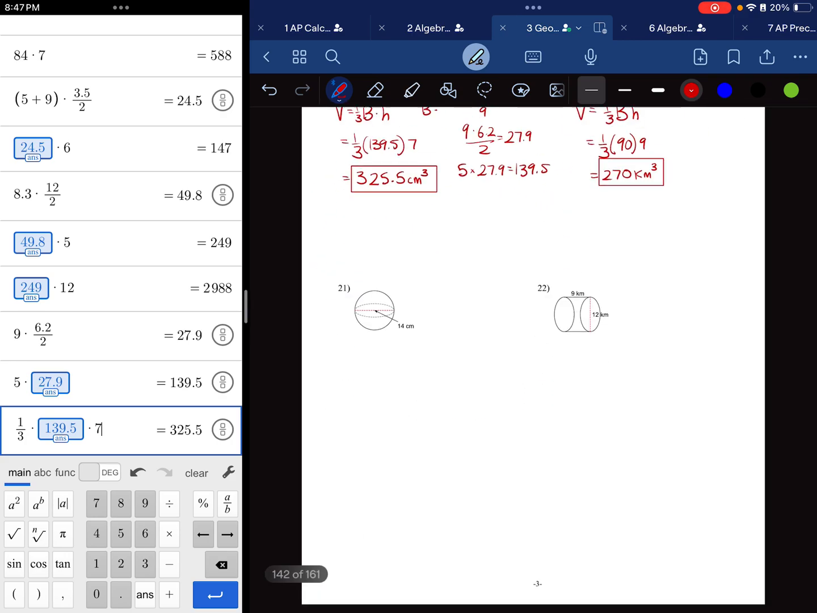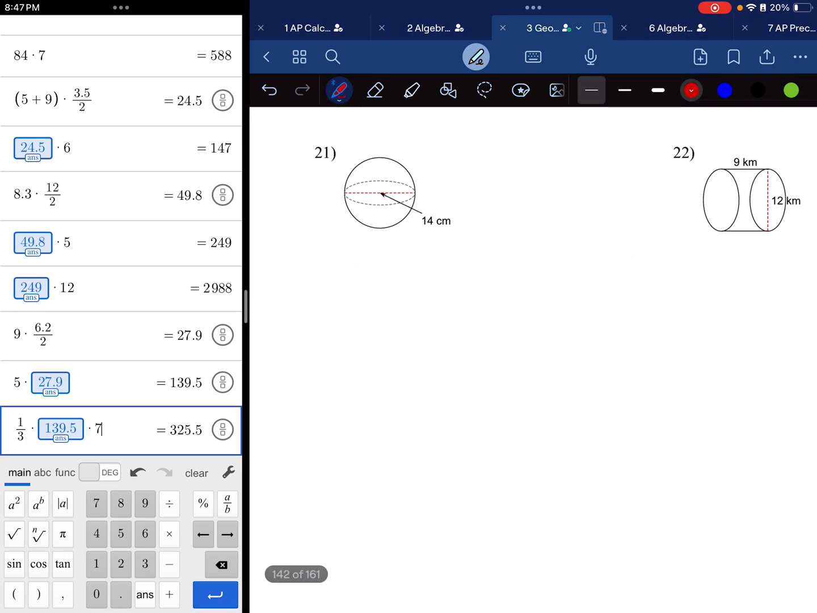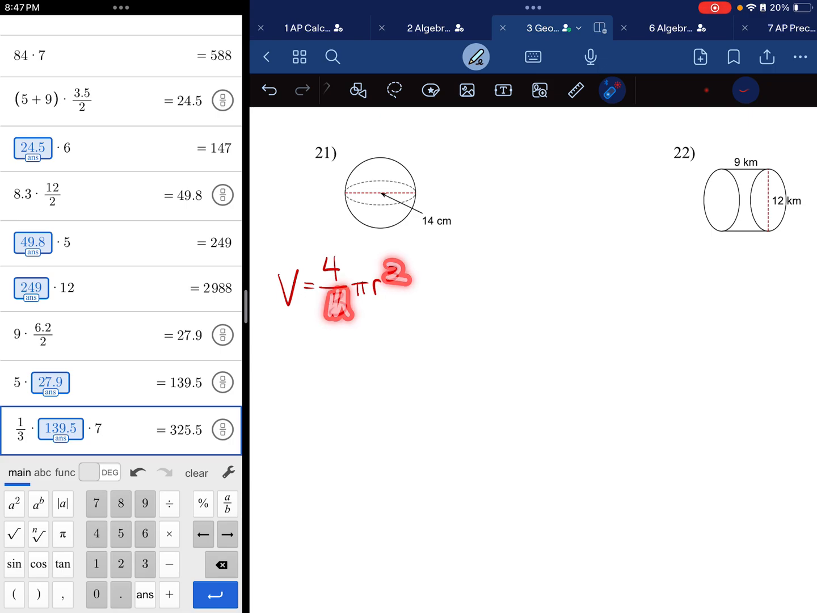Okay, we're on to number 21. 21 is a sphere, and for a sphere, you just have to memorize the volume formula. The formula is going to be 4/3 pi r cubed. It's just something that you have to memorize. And if you're looking for surface area, you just go like this. Whoop, 2, done. It's very, very similar, right? So in this case, it's going to be